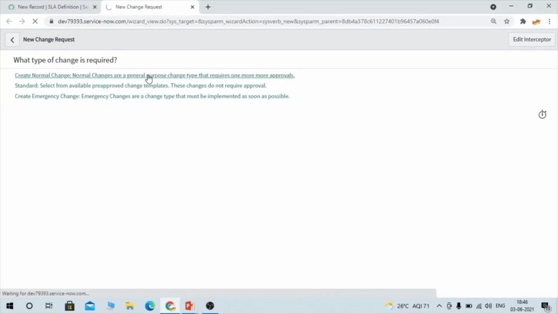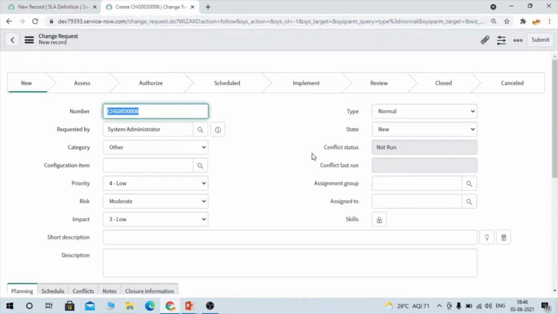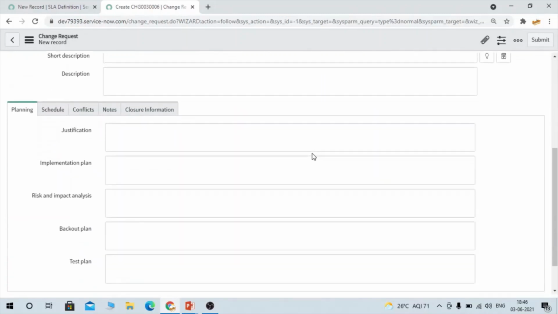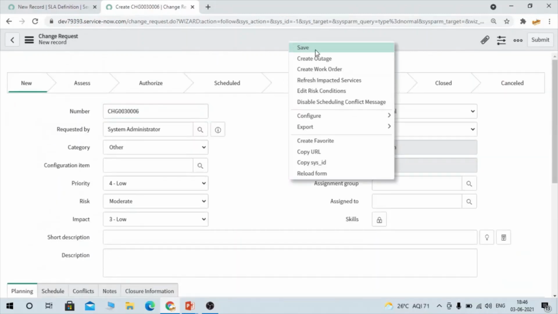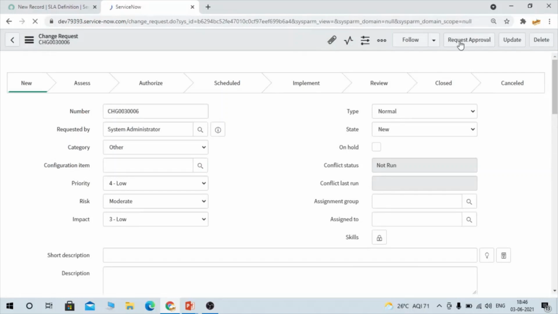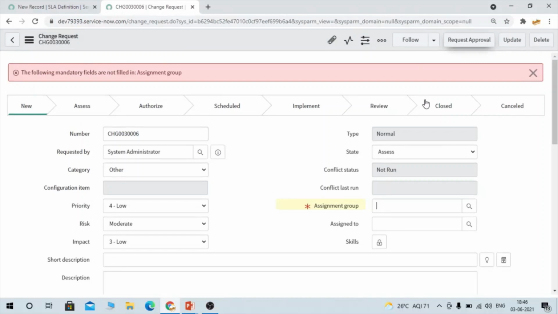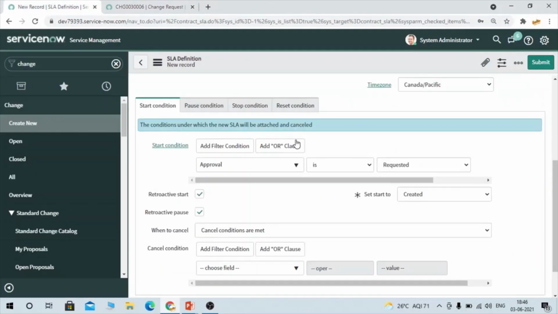So I don't want that SLA to be triggered once this change request is created. Okay, no. Once the change request has been created, so let's create it. So once we are submitting for request approval, then our SLA should get triggered. Okay. So that's why I'm going to select approval is requested.